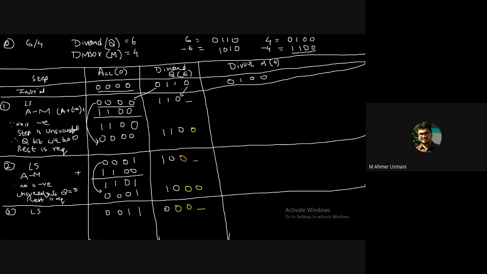Everybody got this? कुछ गड़बड़ नहीं किया ना मैंने? बराबर है? After this, you need to perform. What you need to perform? Subtract A minus M. M from this. Okay, subtract the divisor from this. Okay, so you'll add its 2's complement. So what is 2's complement? 1 1 0 0. So add this to it. So you'll get 1. You'll get 1. You'll get 1. You'll get 1. Right?